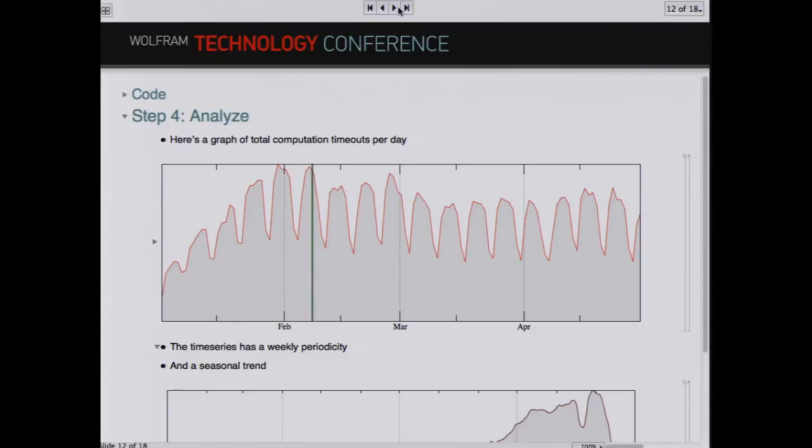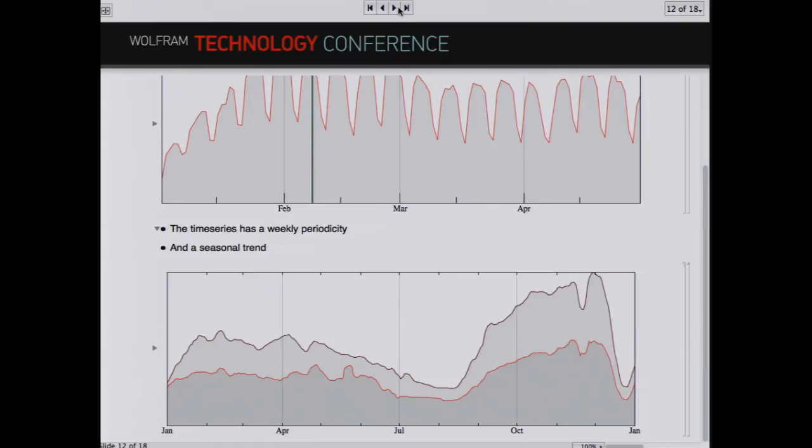What we can see is that it has weekly periodicity, and it seems to have a seasonal trend. Now this chart down here is actually 2010 and 2011 traffic to our input page. And what's interesting to note is that it demonstrates that we do have a seasonal trend, a seasonal thing that repeats every year.